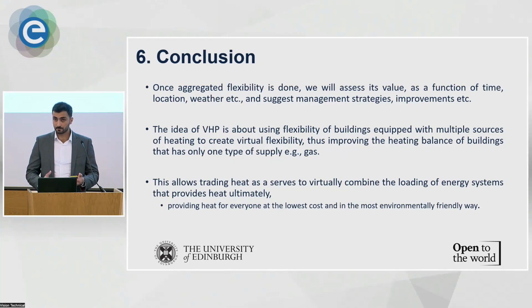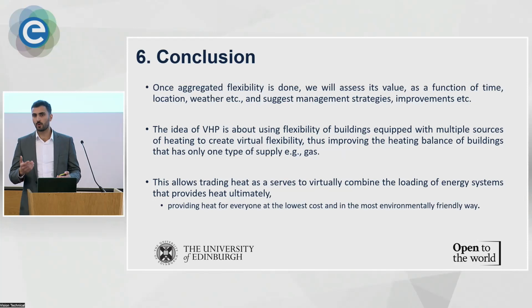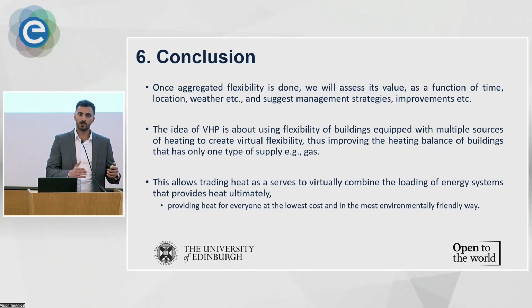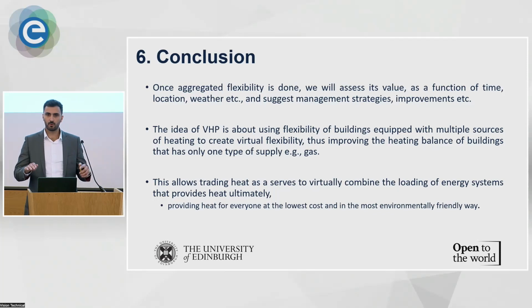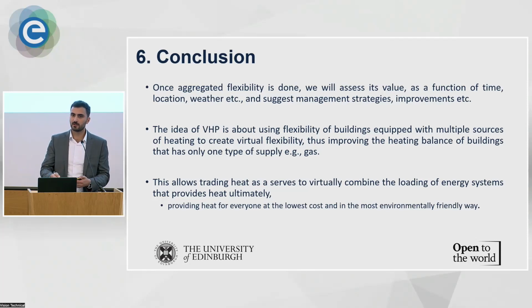And this is just an example to make things clear. If one building has a gas boiler as the heat source, and another building has a gas boiler and a heat pump as heat sources, then to balance both networks, we could give a signal to the building that has the heat pump to use more of the heat pump, while we have more renewables,